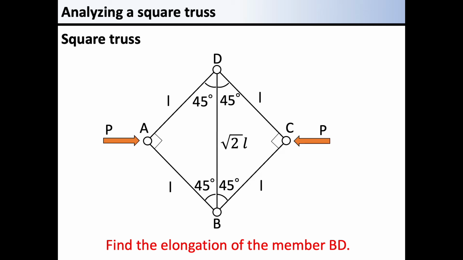The first step is to find the axial force acting on the member BD with respect to the balance of the loads. The problem is solved by considering the balance of the loads acting at B or D. We first find the axial forces acting on AD and AB. It is derived from the balance of these horizontal forces.